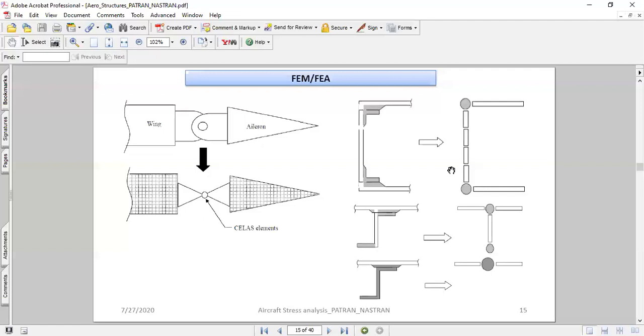This is a typical aircraft structure where a control surface is connected to a wing. It can be an aileron or a spoiler or something. So in this figure on the left, you see a wing, and an aileron is connected to the wing through a lug. So how could this be idealized in the finite element environment? The wing is modeled as a plate element, the aileron is modeled as a plate element, and then both of them are connected using a spring element or the spider element.